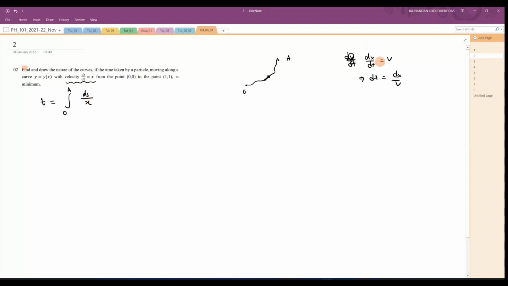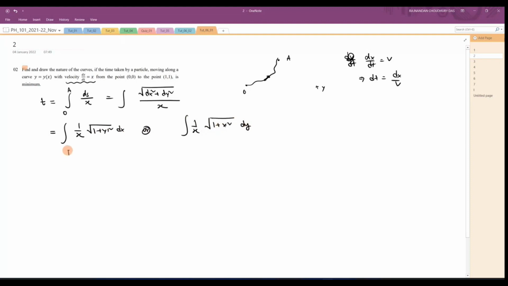This I was writing in one dimension. So in general, this will become ds by x. Now you know ds because this system is in xy coordinates, so you can write that. Finally, it will become square root of dx square plus dy square, divided by x. Now again, you had two options: either you write your integral like this, 1 plus y prime square dx, or 1 by x, 1 plus x prime square dy.